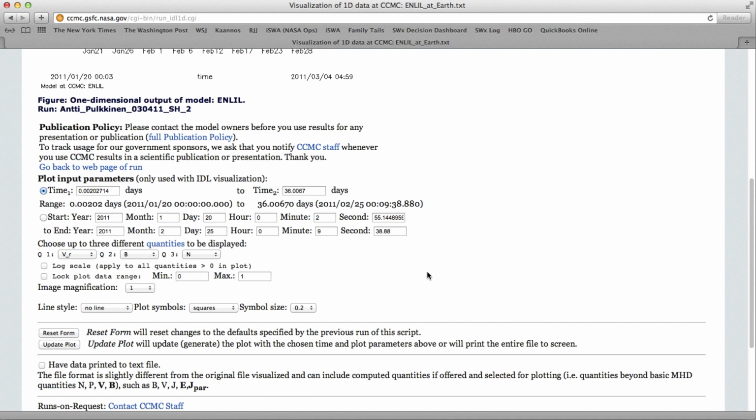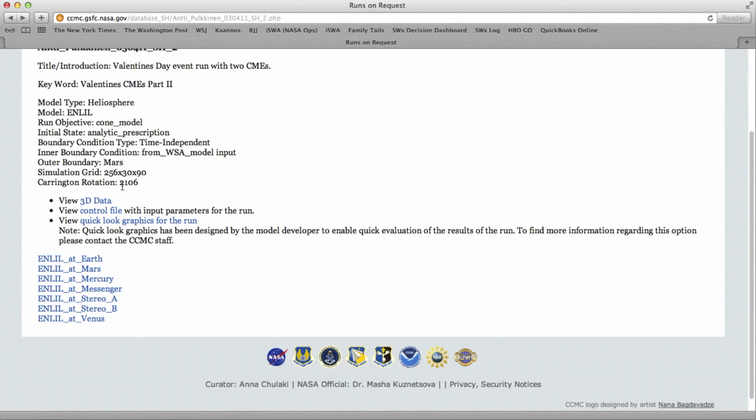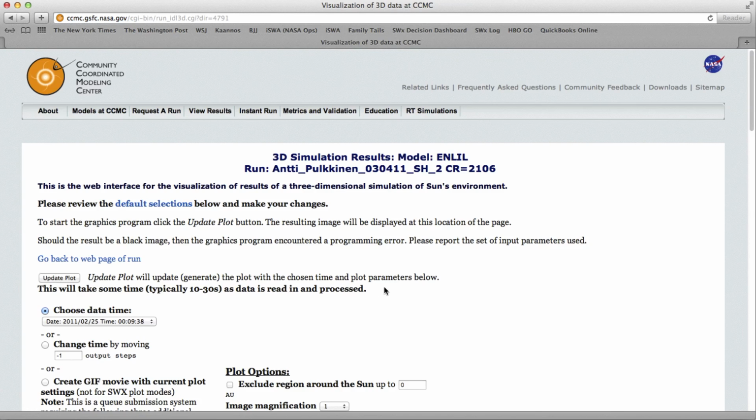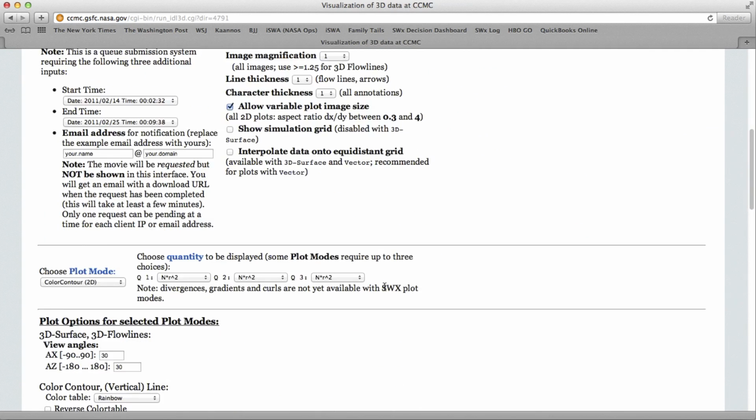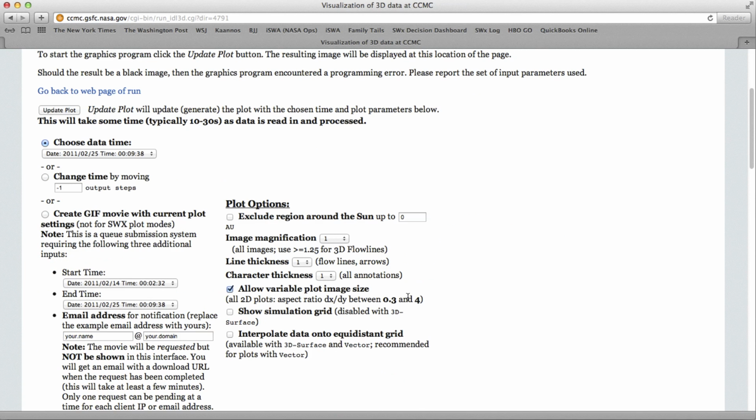of the Earth. You can do similar kinds of things for three-dimensional data, or visualize the three-dimensional data in the simulation, and for that you can click the View 3D Data link. And now this brings us to the main page, or main interface, of the visualization itself. Now at CCMC,